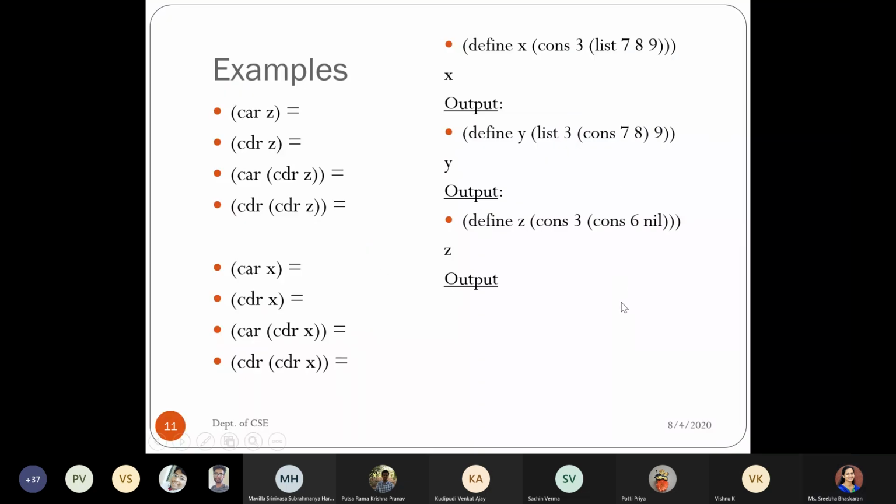Okay. So now by using these variables, first we have defined all these variables by using cons. So x is defined to be cons 3 list 7, 8, 9. Y is defined to be list 3 cons 7, 8, and 9. Z is defined to be cons 3, cons 6, and nil, and closing of all the parentheses. So now car of Z, when we say, what will be the content? Car of Z means